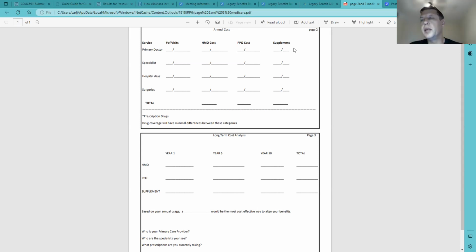Okay, so let me flip that question back to you. If somebody goes on Medicare supplement, do they still have to pay the Part B premium? Yes, they do. So if they go on a Medicare Advantage, do they still have to pay the Part B premium? Yes, they do. Okay, so what I do, and again, we kind of skipped through page 1 very quickly today because I did this 2 weeks ago. However,